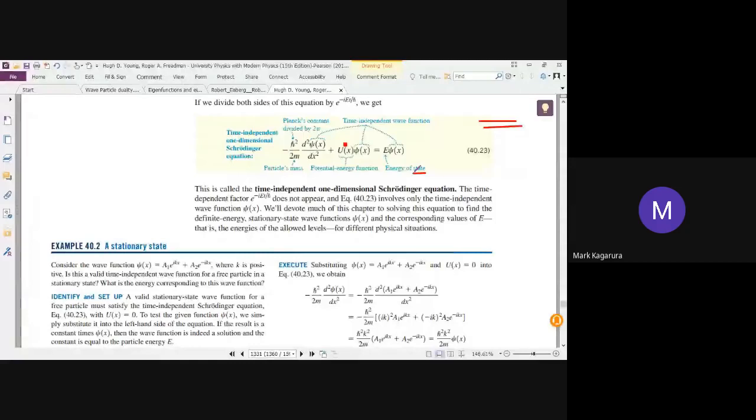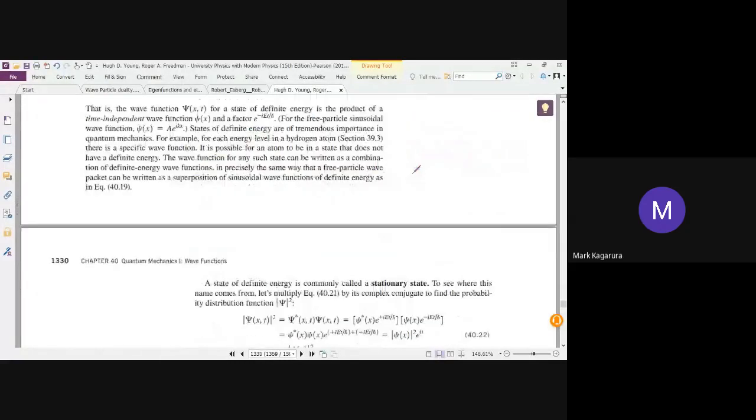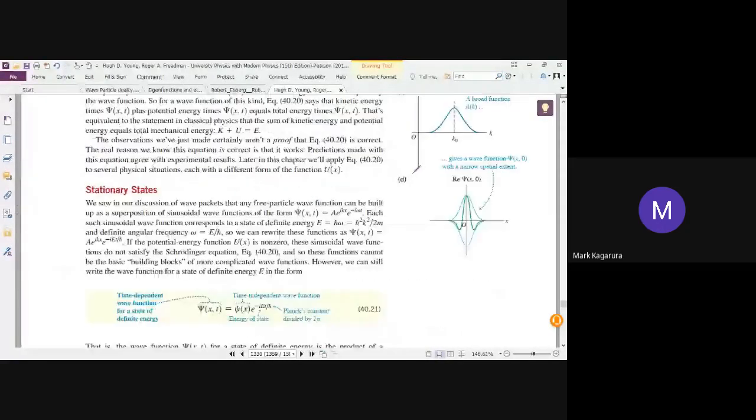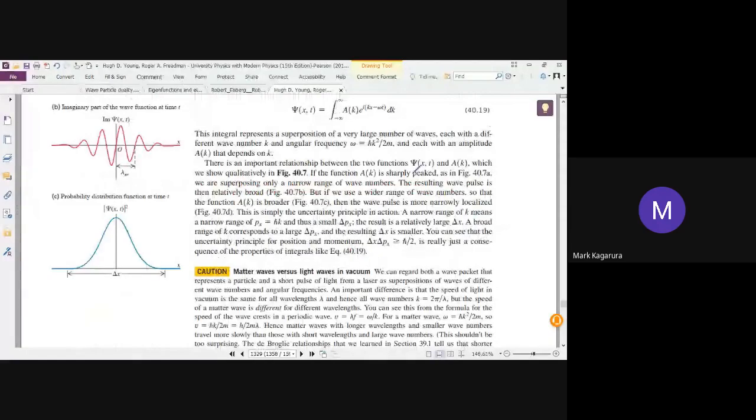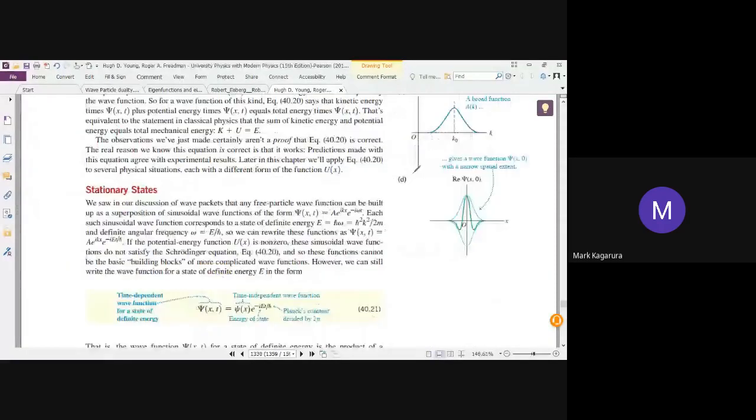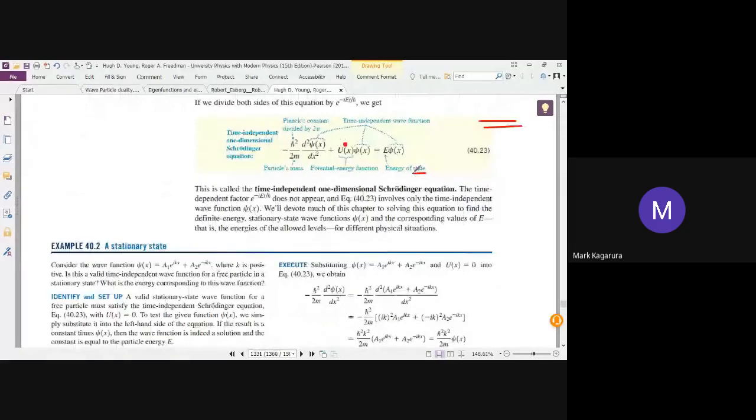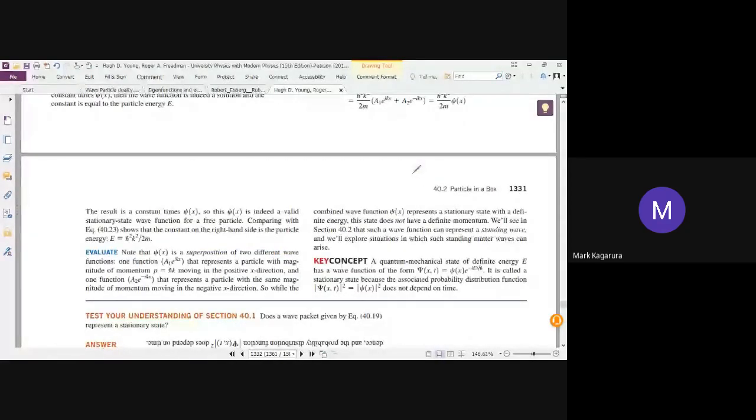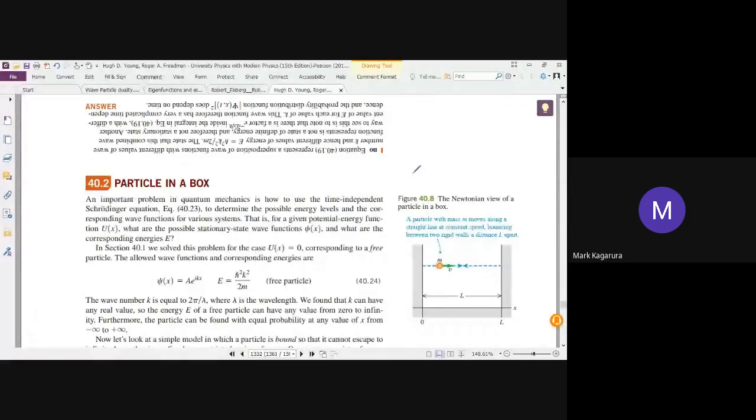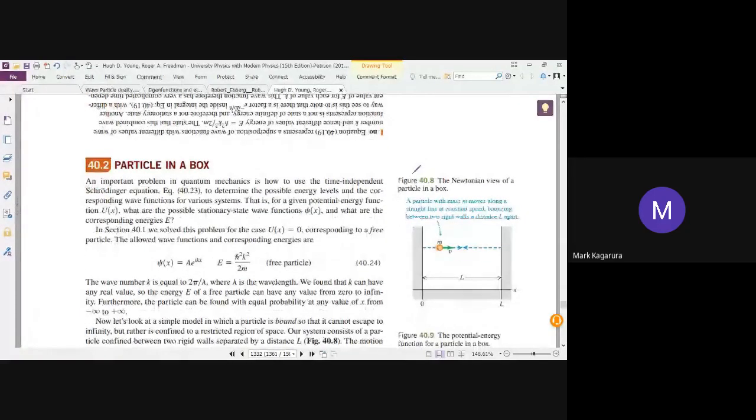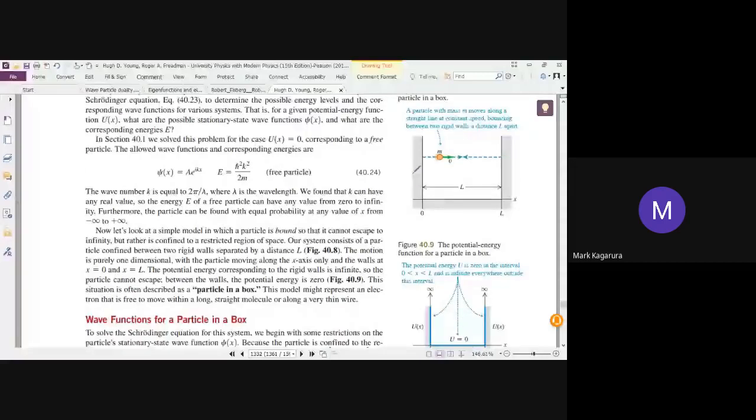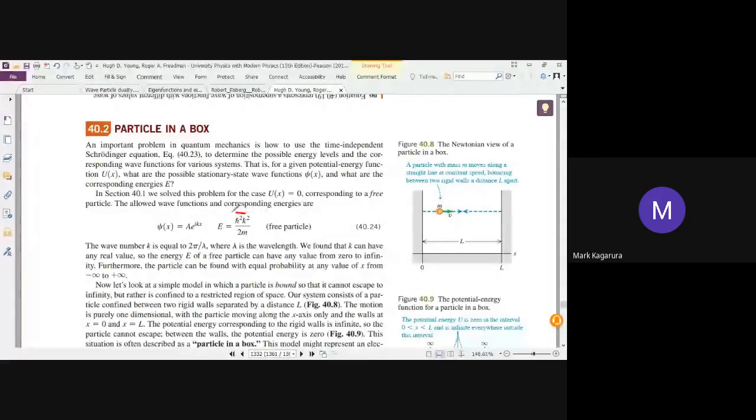Now I have the time-independent Schrödinger equation. The wave packet is the same in both derivations, but of course, now for a free particle, you have this, and you already know where this comes from. And for that free particle, the wave function is given by